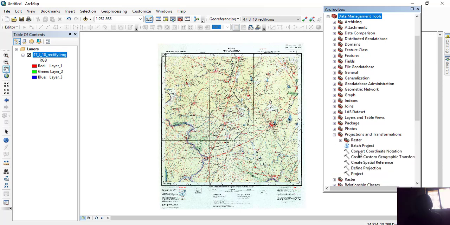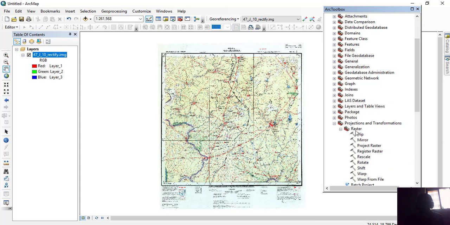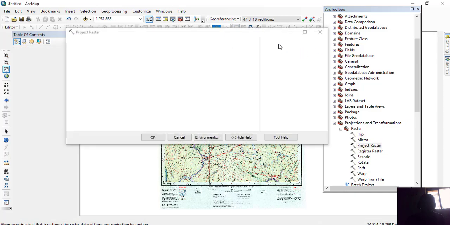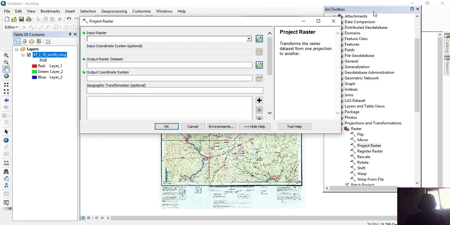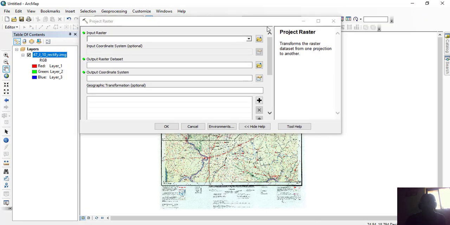Since this is a raster map, we have to open Raster tools, and in that there is an option called Project Raster. We just have to double click it. So the tool is open, we can close the toolbox.